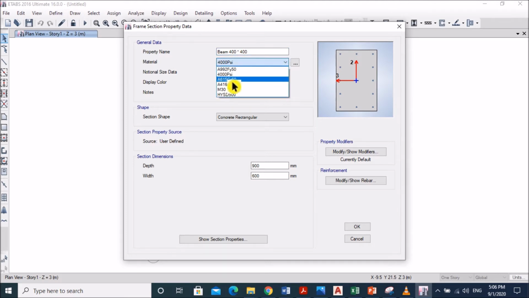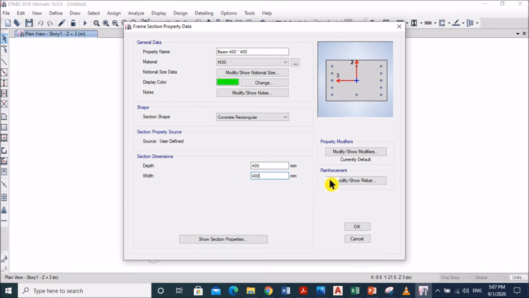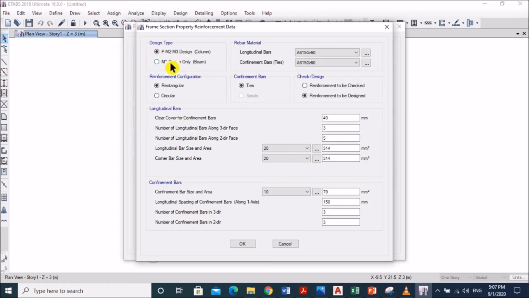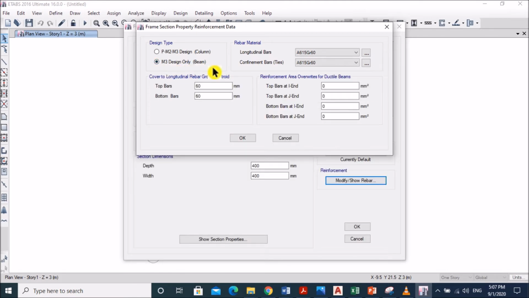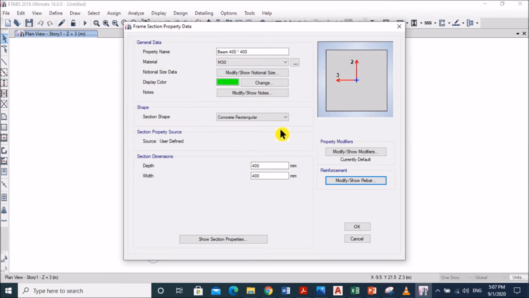Then material M30, this should be 400 depth and 400 width. Go to modify rebar, since we are defining the beam, so M3 design only beam option, put here 40 effective cover, again 40 in top and bottom bars, then choose HYSD 500, HYSD 500 again, then go OK.